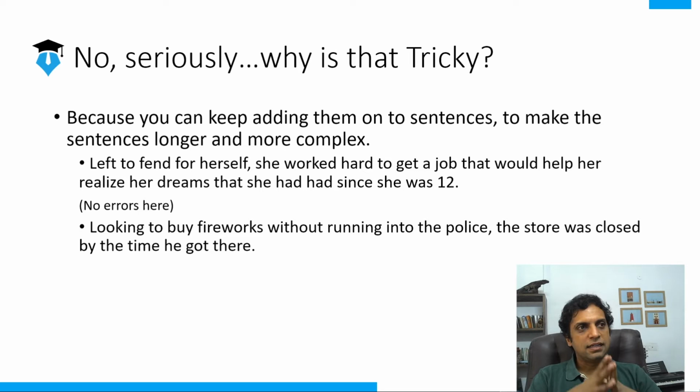But you need to put the modifier right next to what it is modifying. Otherwise, sentences get complicated. Here, it's obvious. You can say, dude, it's so obvious that a store cannot be looking to buy fireworks. What if there were two people involved? Let's say there's Ram and Sham, both of whom are mentioned in a sentence. You could get confused about whom that particular phrase is referring to. So just follow the rule, be very clear on this, figure out the focus of the modifier and put the modifier next to its focus.